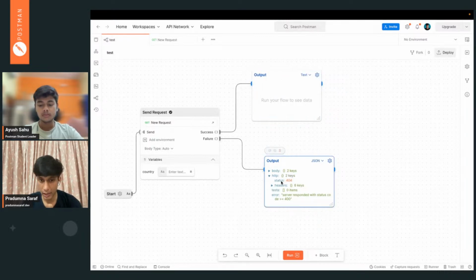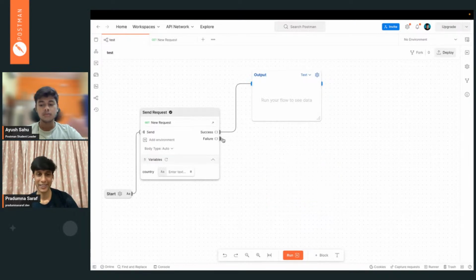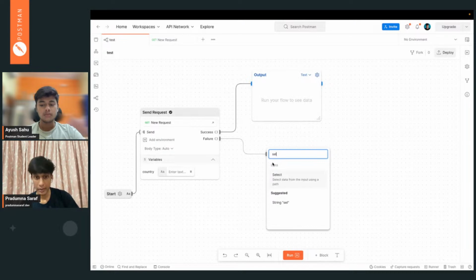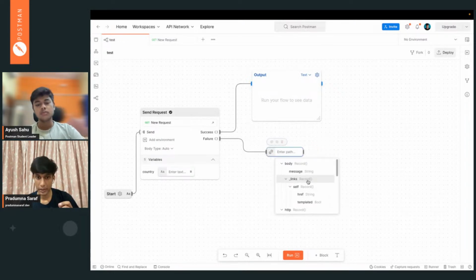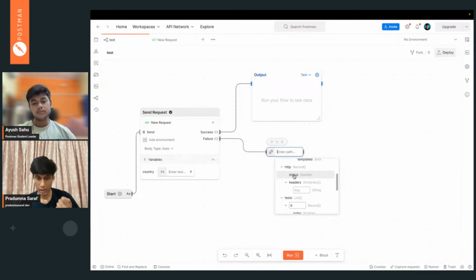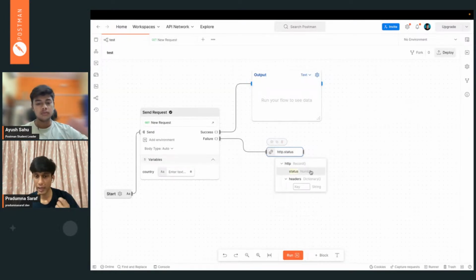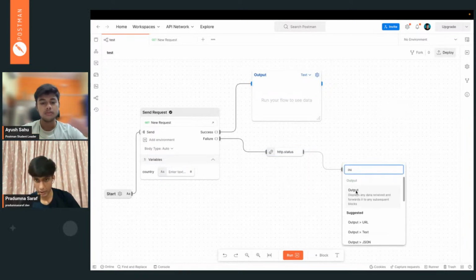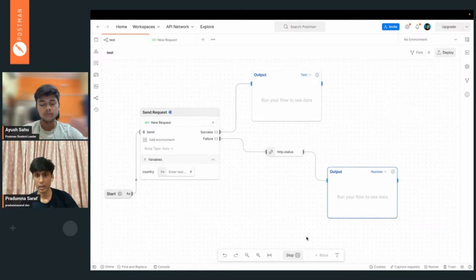If you know that every failure or every success contains a status code, so we will use the error status code just to visualize how if and else is used. So we will use select again to filter out that particular error code. You know that the error code is named status. It is generally in the form of a number. So we can output the data again just to test whether it is working or not.